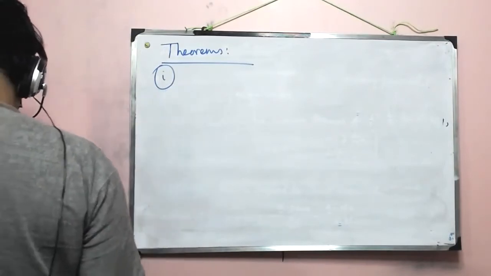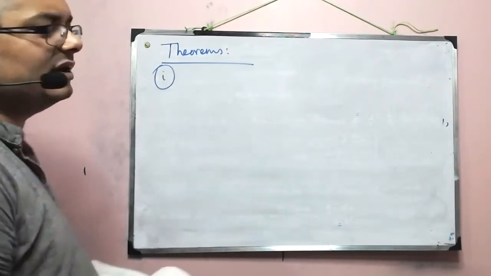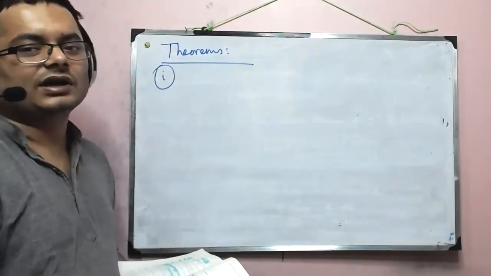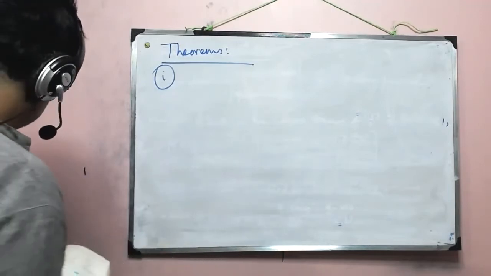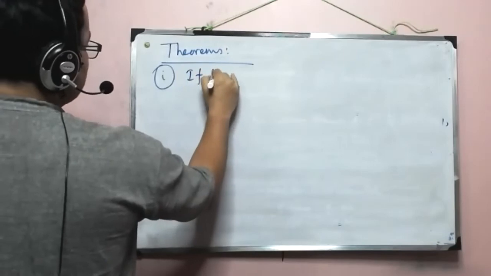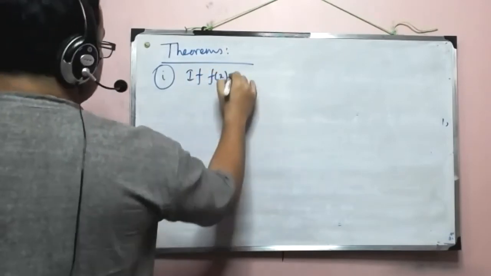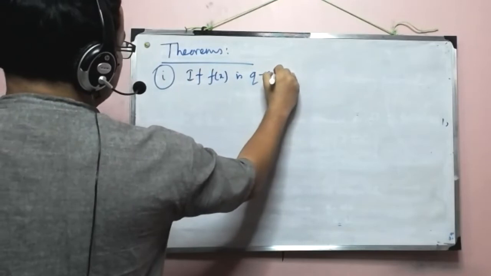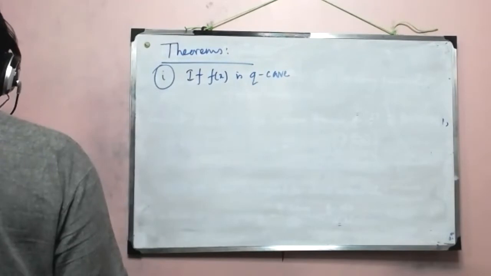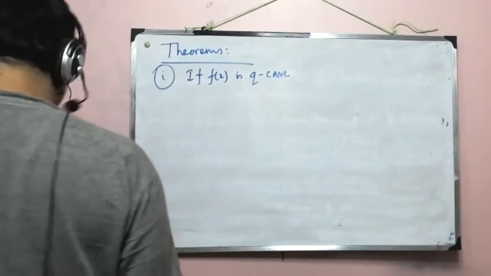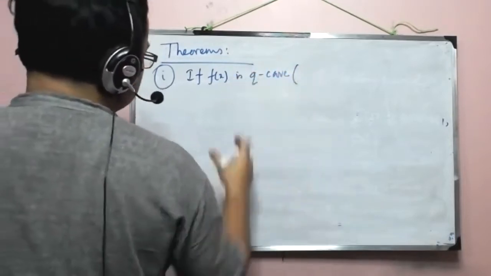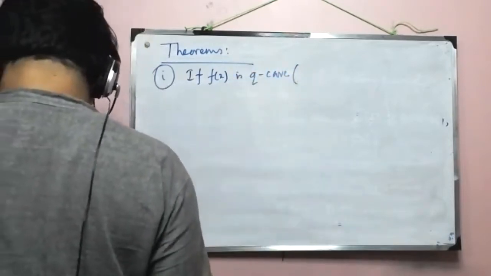These theorems are basically the quasi counterpart of the concavity convexity topic in unconstrained optimization. So the first is that if f of x is, so I'm just trying to, we'll write Q-cave, okay. Obviously you can't write it in the exam, so write quasi-concave. Okay, so if f of x is Q-cave, because instead of writing too much of this quasi-concave and quasi-convex, all right.